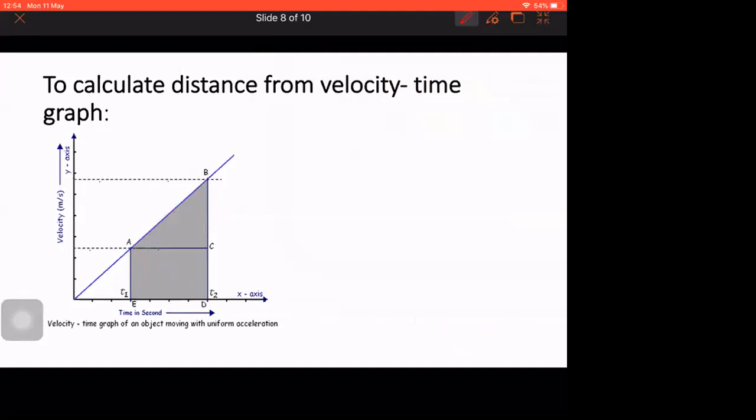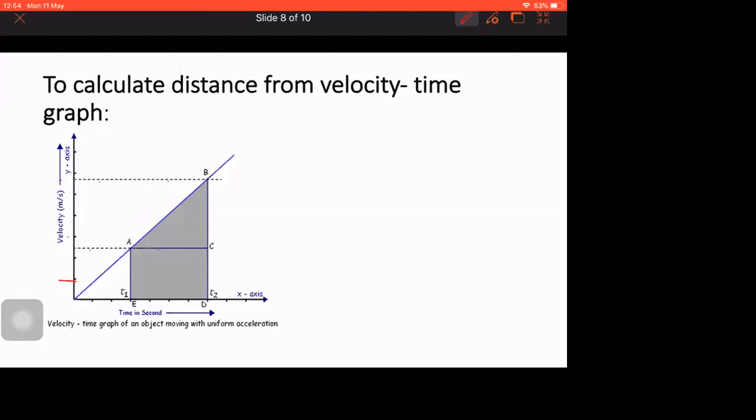Ma'am, can you do the same area calculation with the help of an example? I mean, like you just mentioned A, B, C, D, E, F, ma'am. Instead of that, can you write some numericals and explain? Okay, very good. I'll definitely do it, but to get the numericals, you should have the data here. Let me finish the trapezium part also.